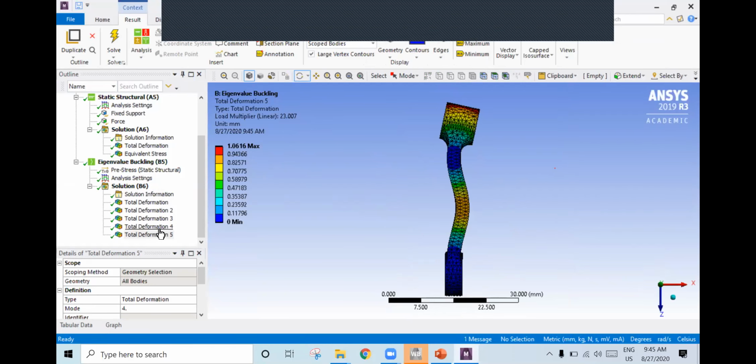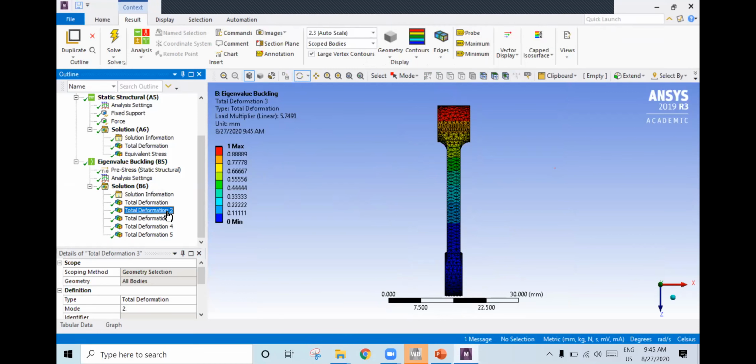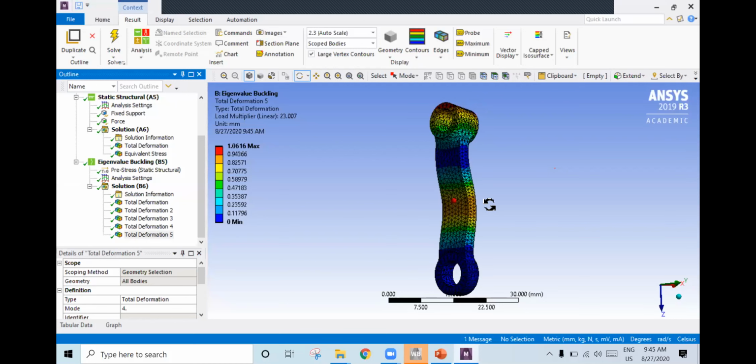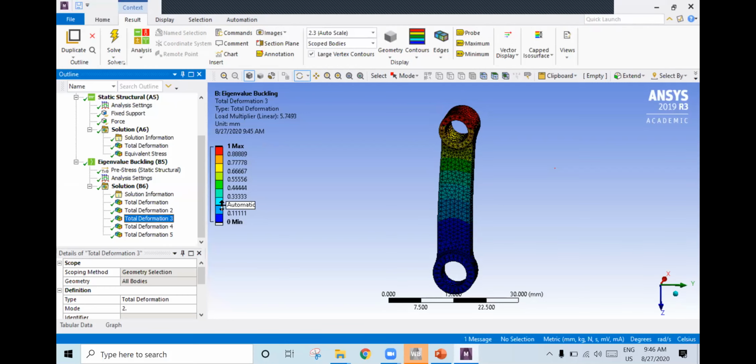If I apply this load, it is going to buckle. Okay, so use this. All of you got it? Any doubts? No, sir. Okay.